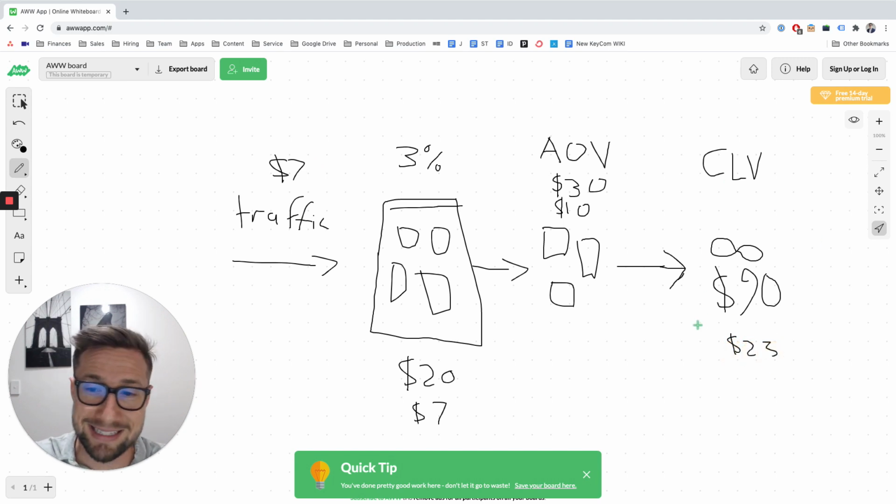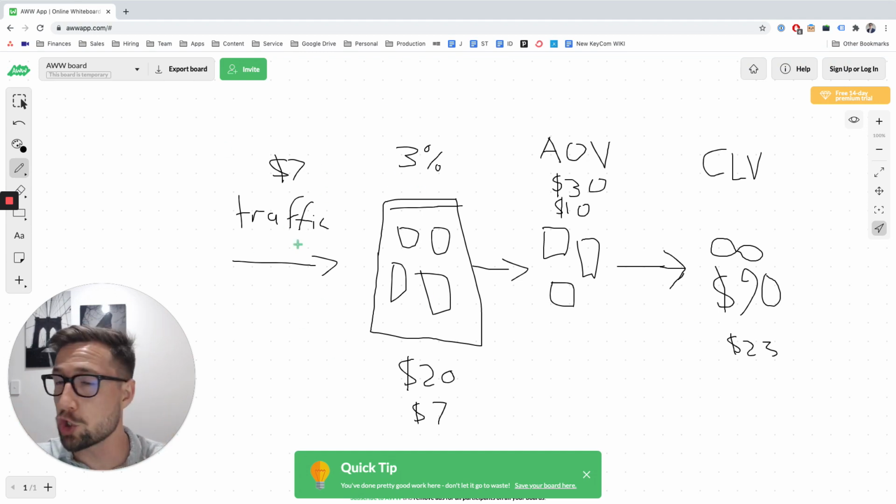And maybe that takes 3 months to get those extra 2 orders. Maybe it takes 6 months, maybe 12 months. And that's going to affect your cash flow. But what you can do is implement strategies, marketing campaigns, especially email marketing, to get people to come back and purchase again. And this is absolutely huge, guys,